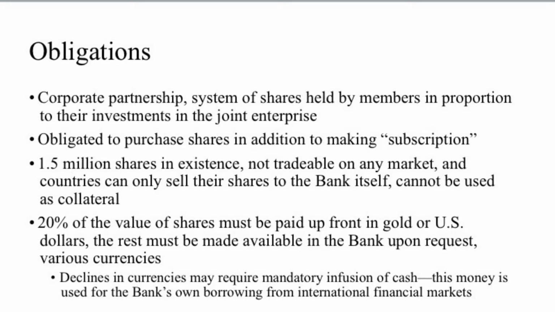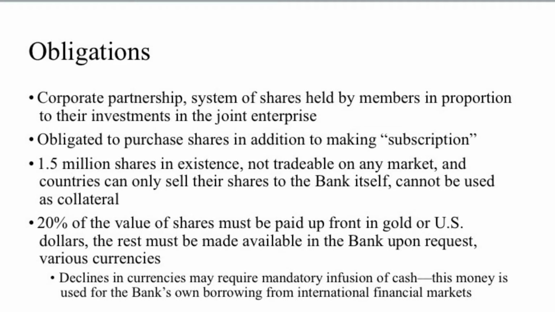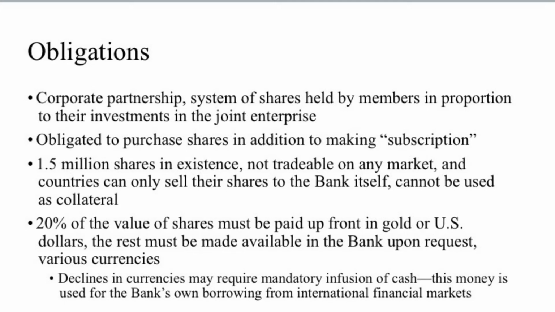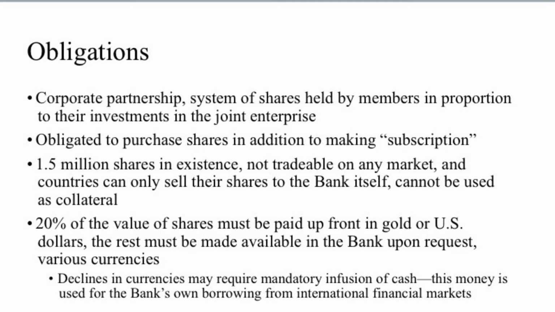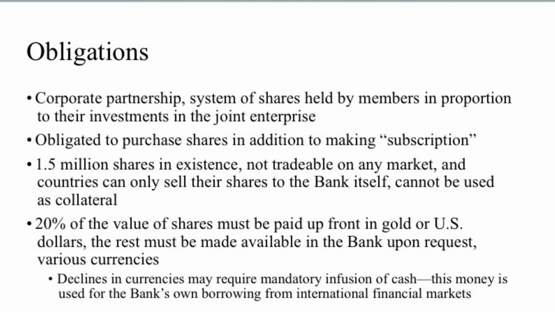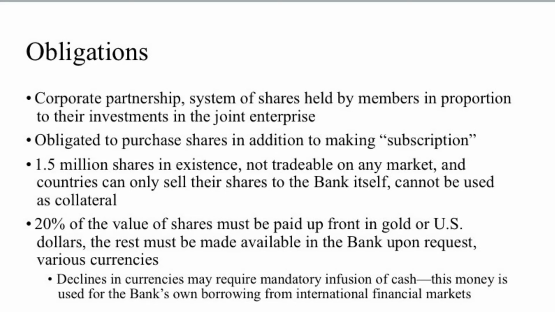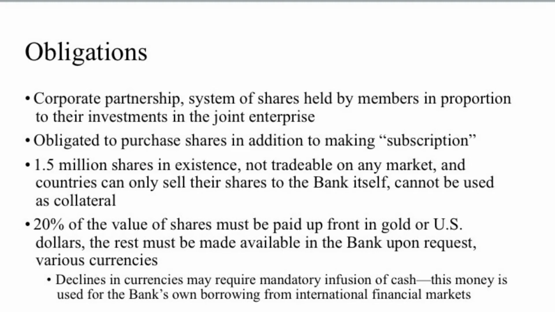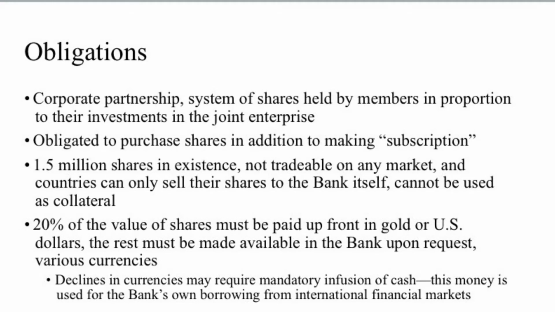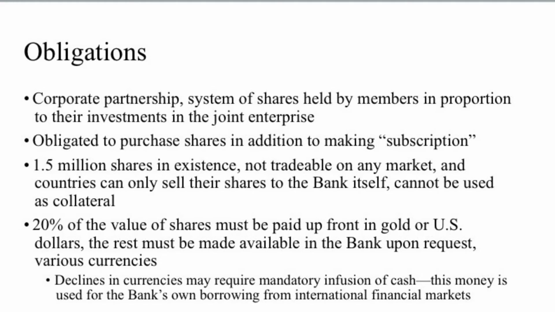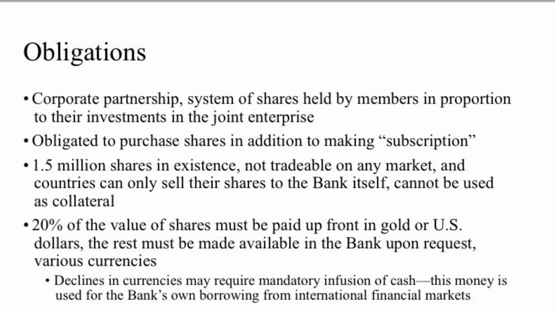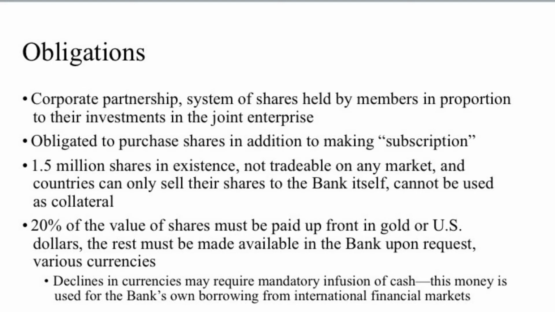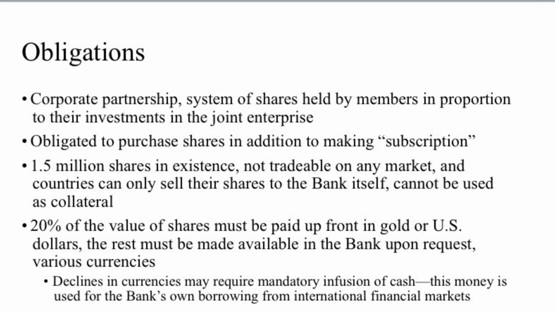Since it deals across currencies, fluctuations in the relative values of these currencies produce interesting effects in the life of the bank. Most of its assets are held in US dollars or in dollar-denominated securities, and so declines in the US dollar manifest themselves as automatic reductions in the wealth of the bank and perhaps in its ability to lend. Declines in other currencies may mean that the subscriptions of those countries are worth less to the bank than previously, though perhaps with a consequent rise in the relative value of its dollar holdings.